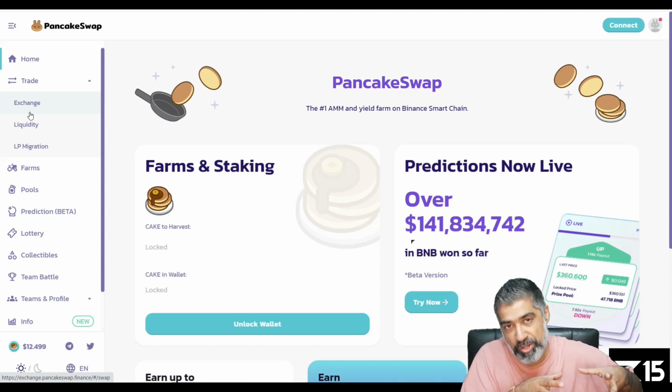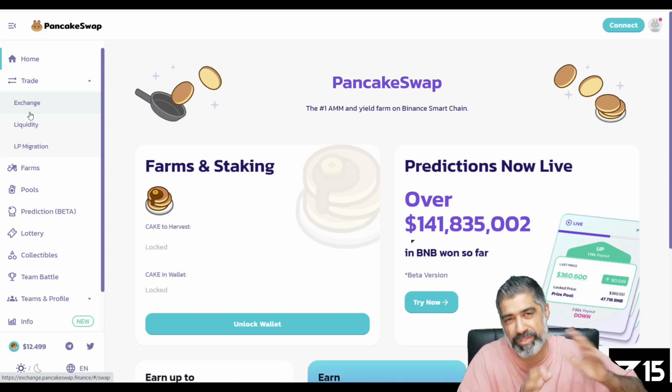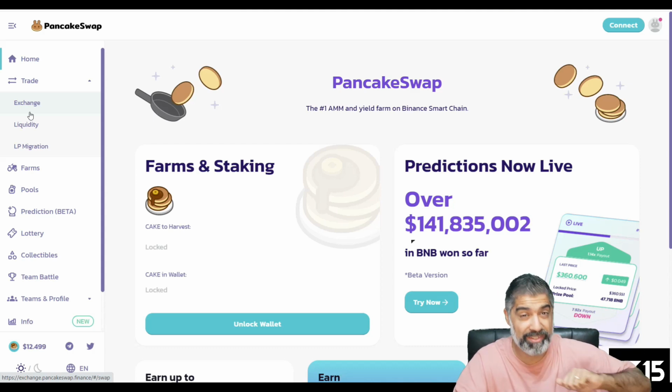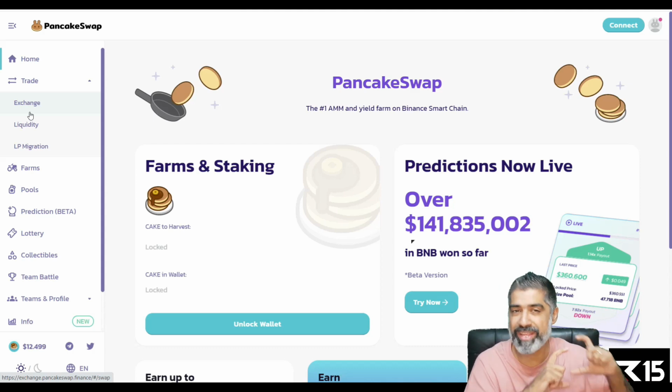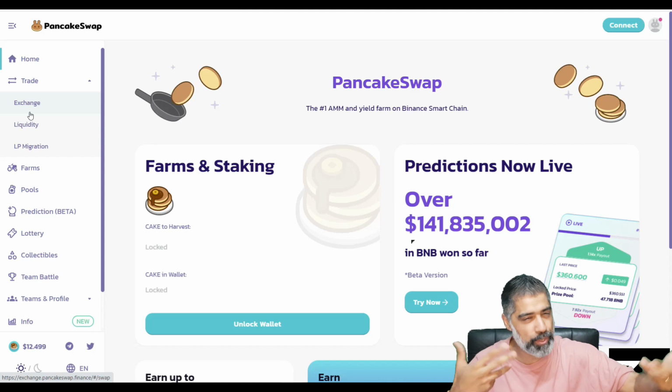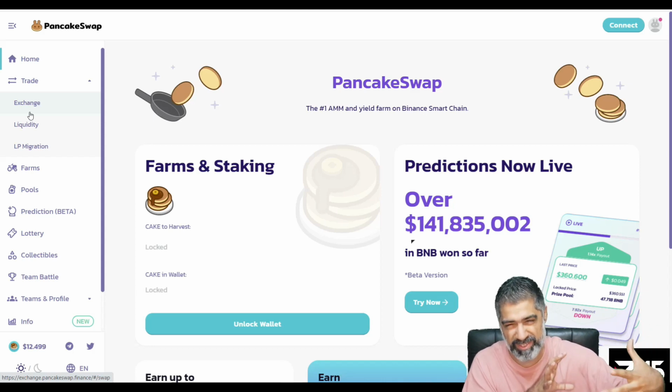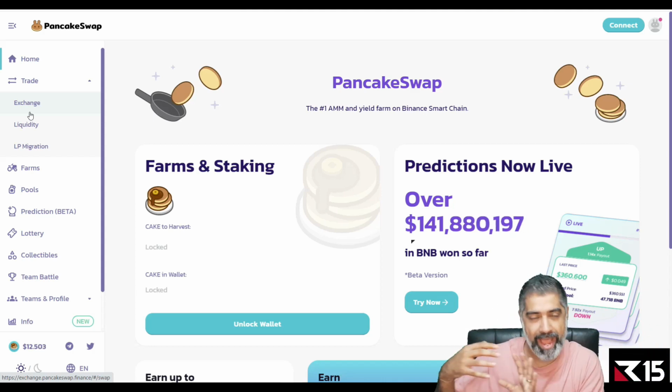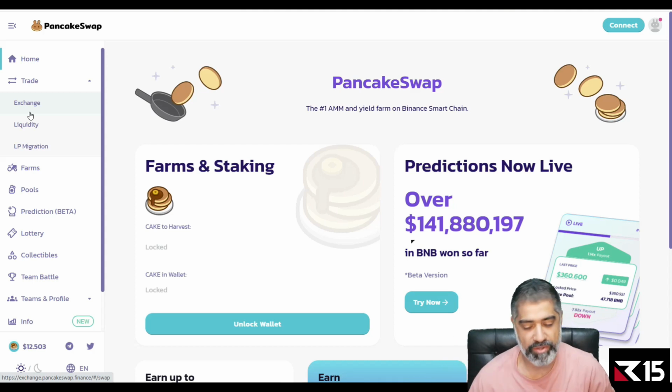And why would you use Binance Smart Chain? Well, it's cheaper and faster. They use delegated proof of stake, which means faster transactions and they can do it cheaper. The security tends to be less, but for the user, for you and I, we're not going to notice that. Yeah, it's good enough for what we need. And Uniswap on Ethereum has a different mechanism, and they're recently improving that mechanism.